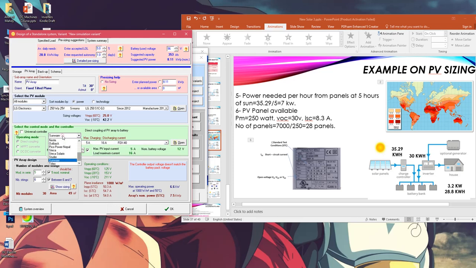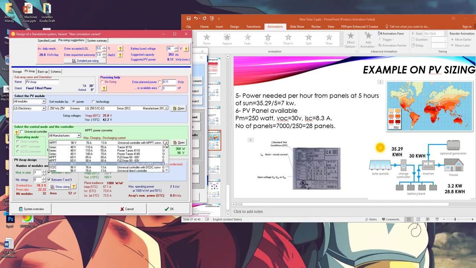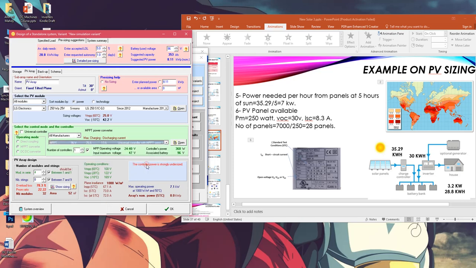Now I would like to choose all manufacturers to see what I have in the market, and you'll find here 96 volt, 76 ampere, same as or nearly as we chose here. This module you'll find here 96 volt, 60, 60, 48. We chose 96 volt, same as the battery here, 96 volt. Okay, now